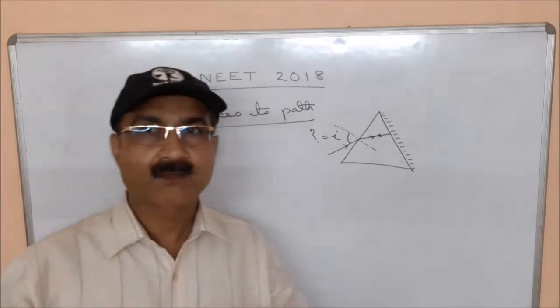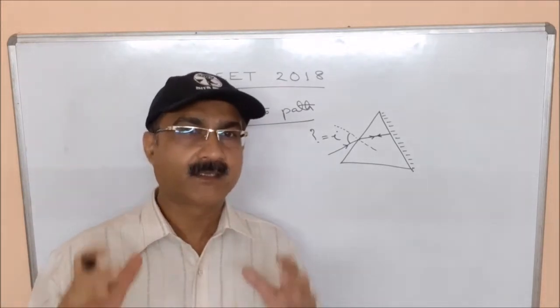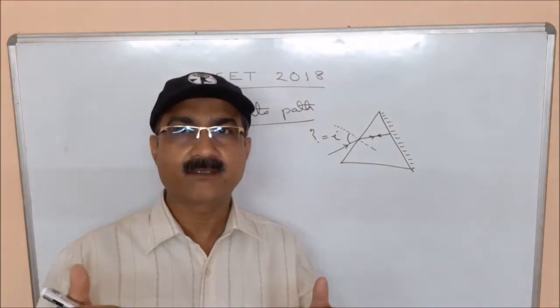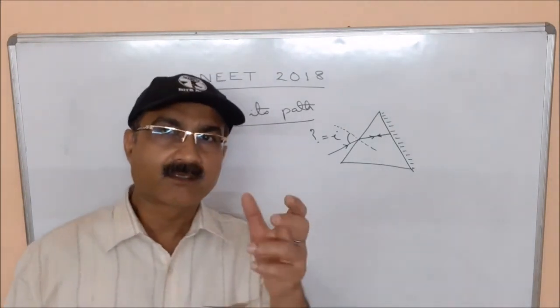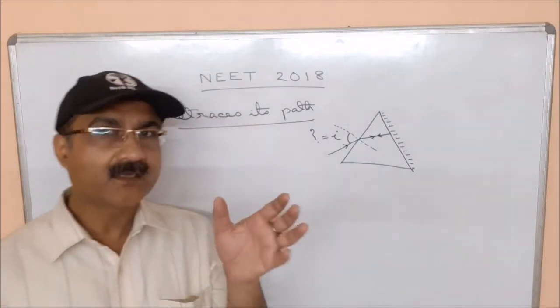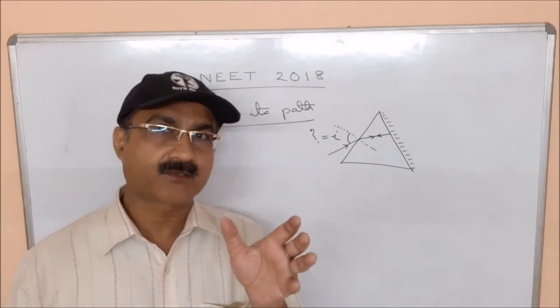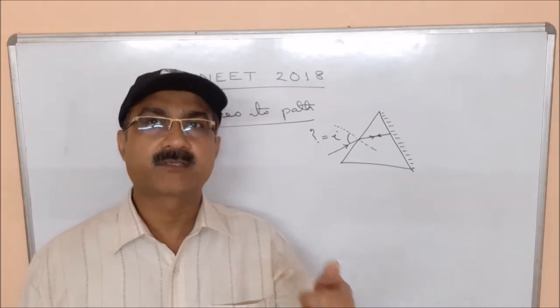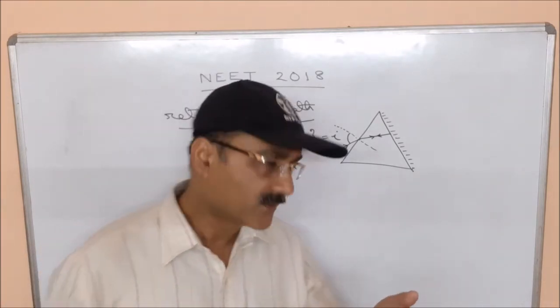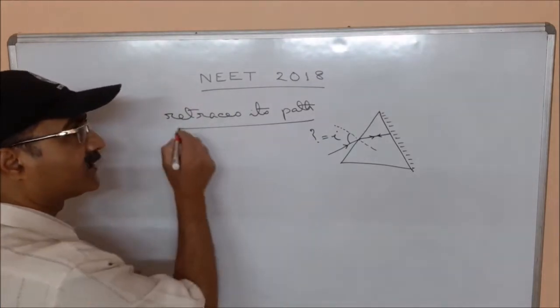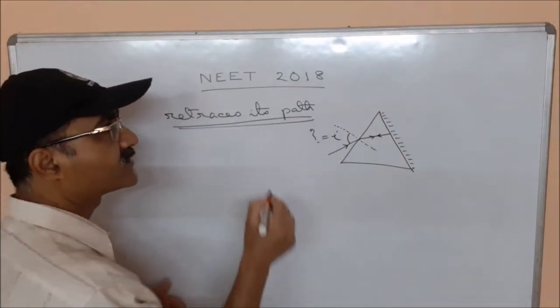You should remember that when questions are framed in the examination, there are some typical phrases used by the question setter. So, whenever you see these words, retraces its path,